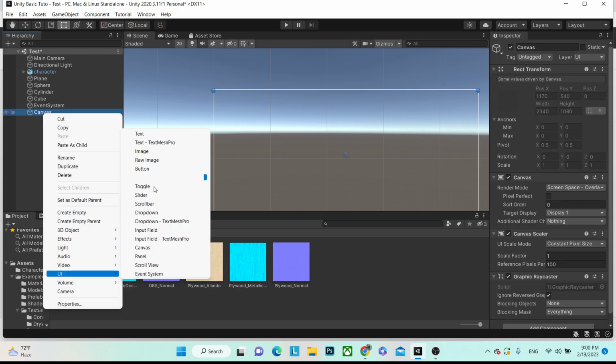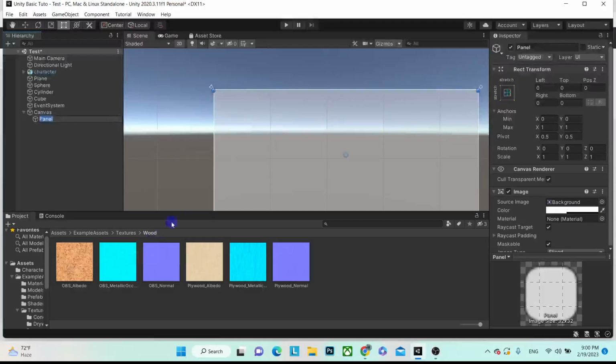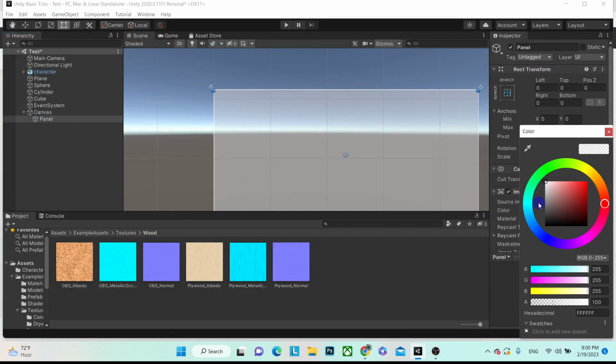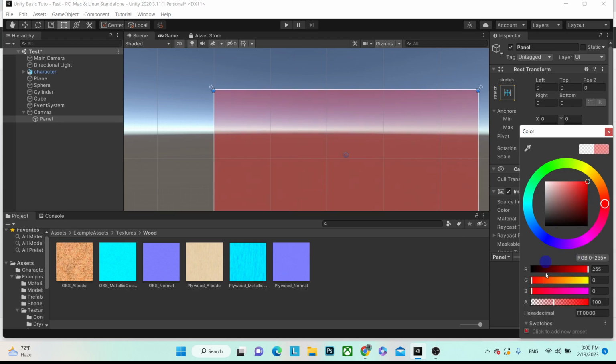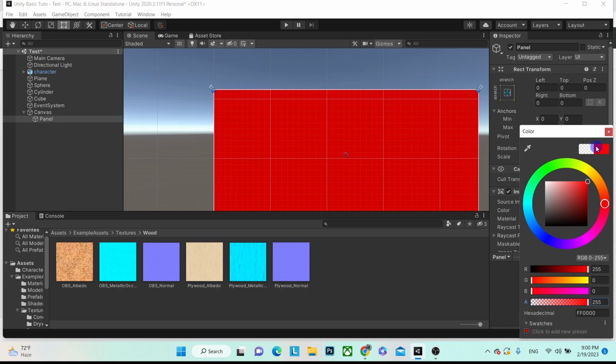This is the panel, and in the panel I am giving a red color, and it's not showing properly because of the alpha, so just set it to 255. Okay,